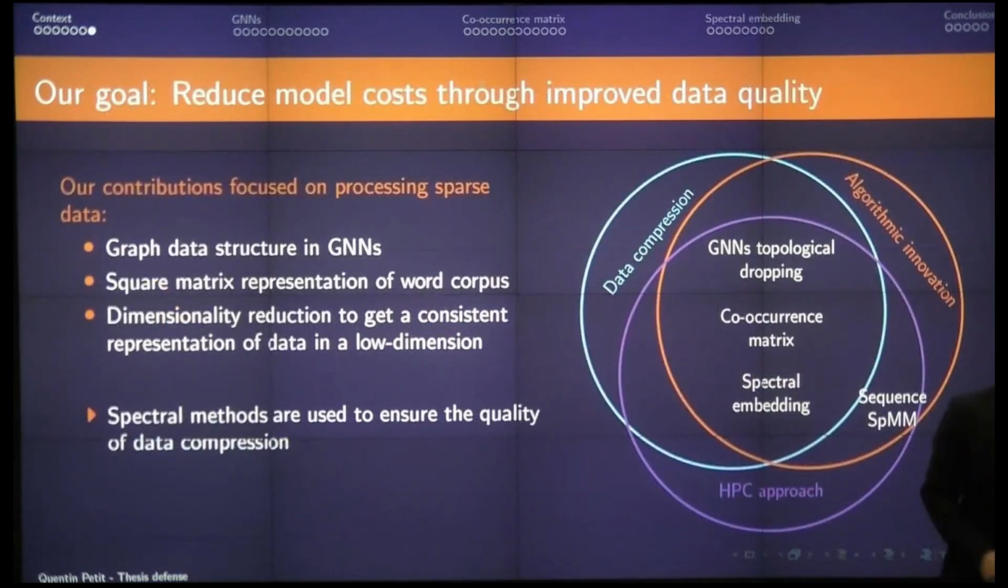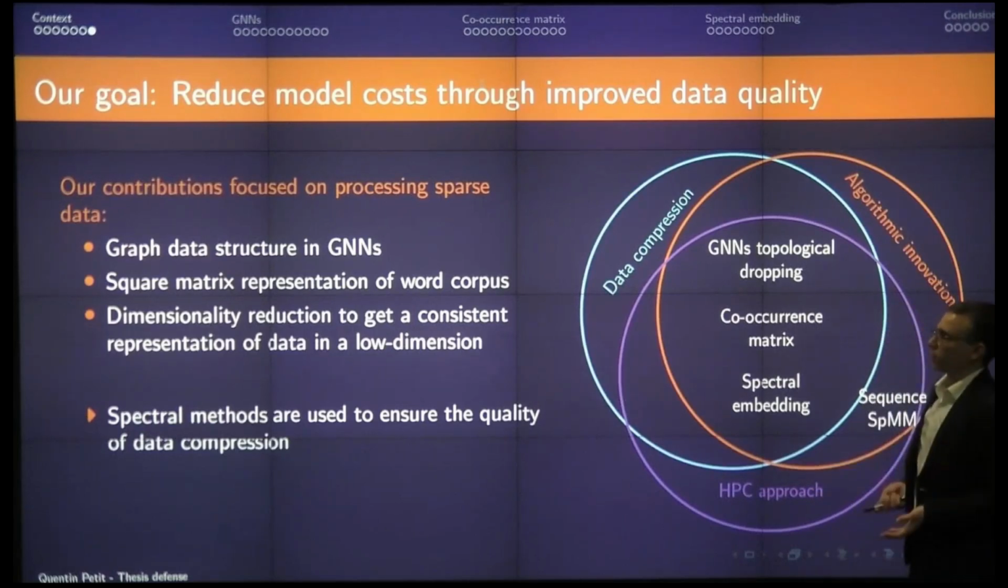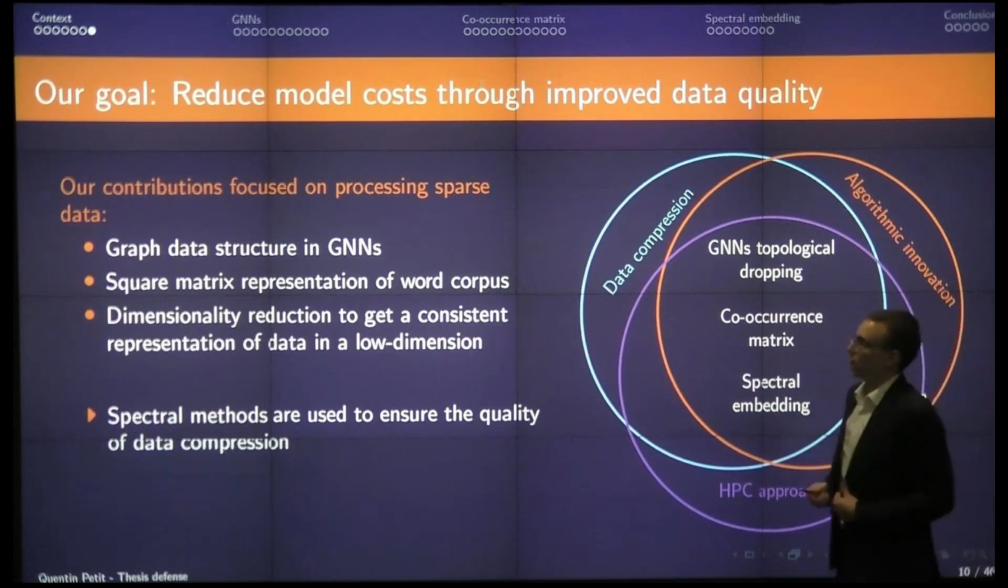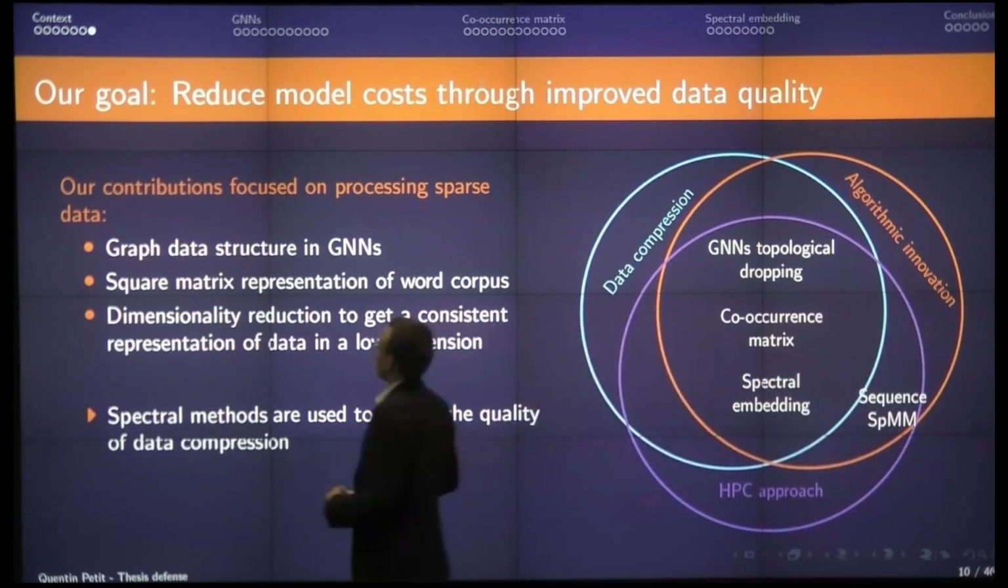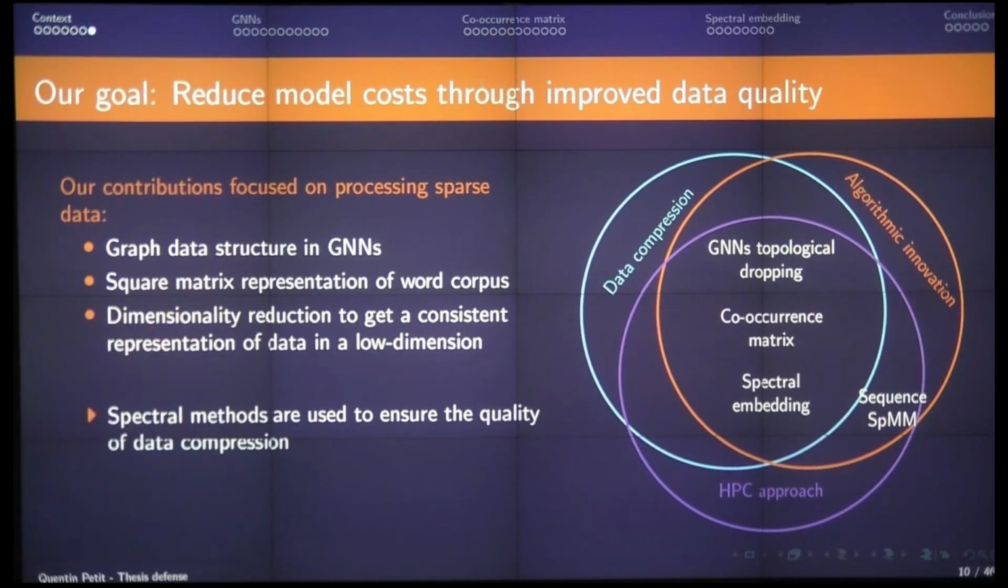So to achieve our goal to reduce the model size, we improve the data quality. For different contributions, we focus on different types of data structure, which are all sparse data. In the first part, we will see the data structured as a graph that we use in GNN, graph neural networks. After that, we will see a sparse matrix representation of a word corpus, and we will finish with a spectral embedding